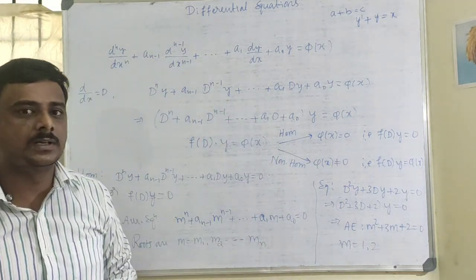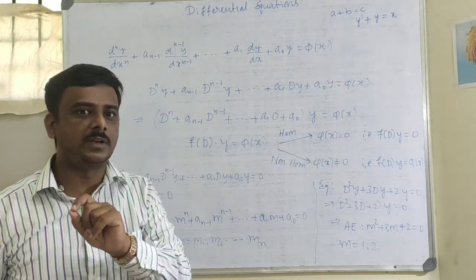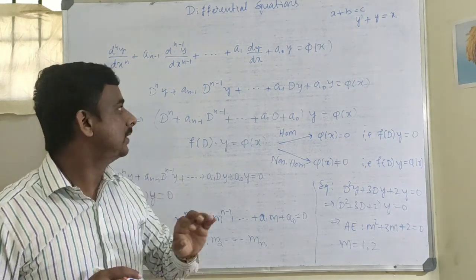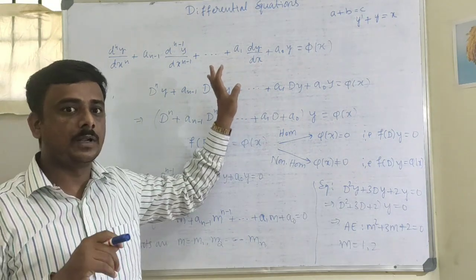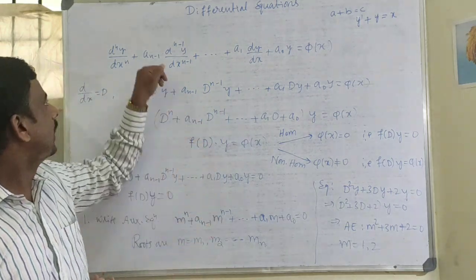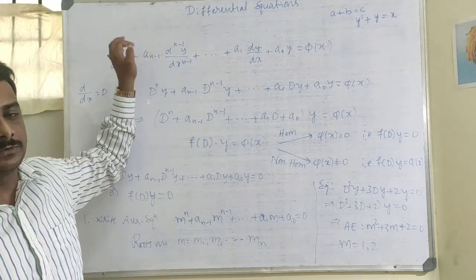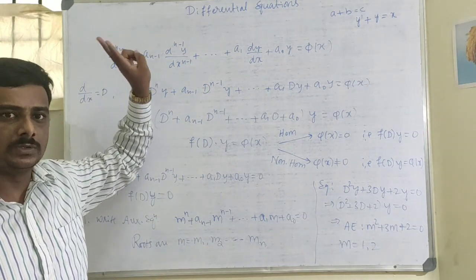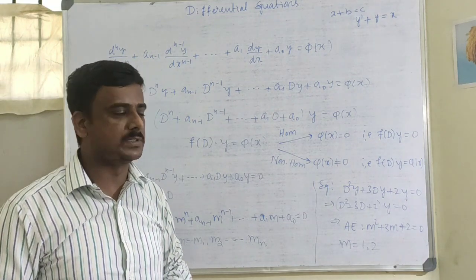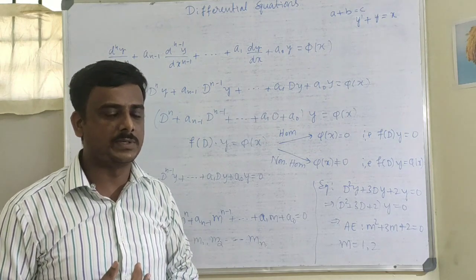Here in this unit, we are going to study second order linear differential equations. So it is clear from this statement, second order. Usually we are going for second and higher order equations, so I have taken up to the nth derivative. If you fix that n to 2, then you will get a second order linear differential equation. If you take n equal to 3, that will be a third order linear differential equation.